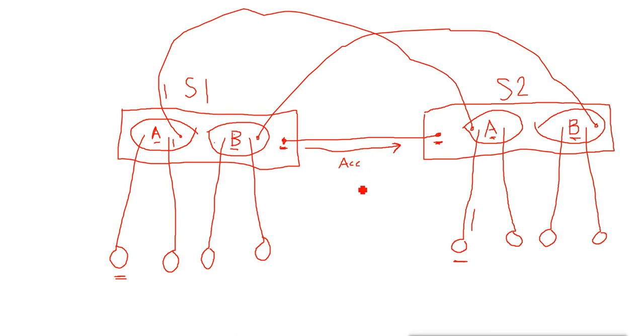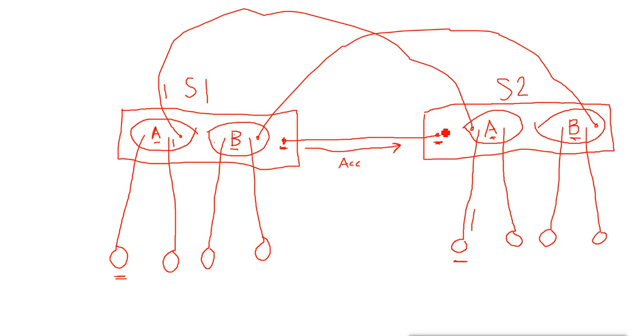Now, an access link does not have any membership or information about any VLAN. It just feels like it is part of a single domain. Whether it is in VLAN 1, VLAN A, or VLAN B, it will only accept packets from that particular VLAN. It will not have an option to accept other VLAN packets, and when it reaches the destination, the data will only go to the VLAN the port is a member of. It will not go to any other VLAN.